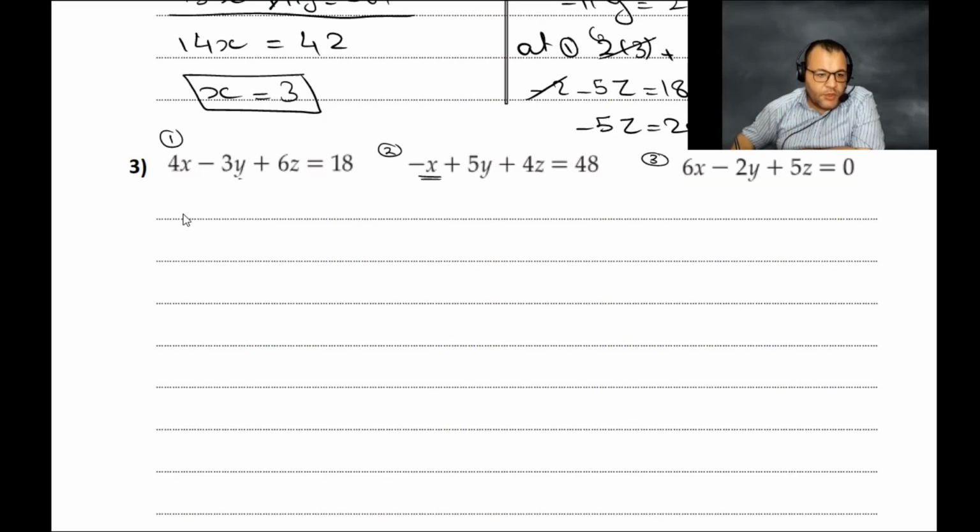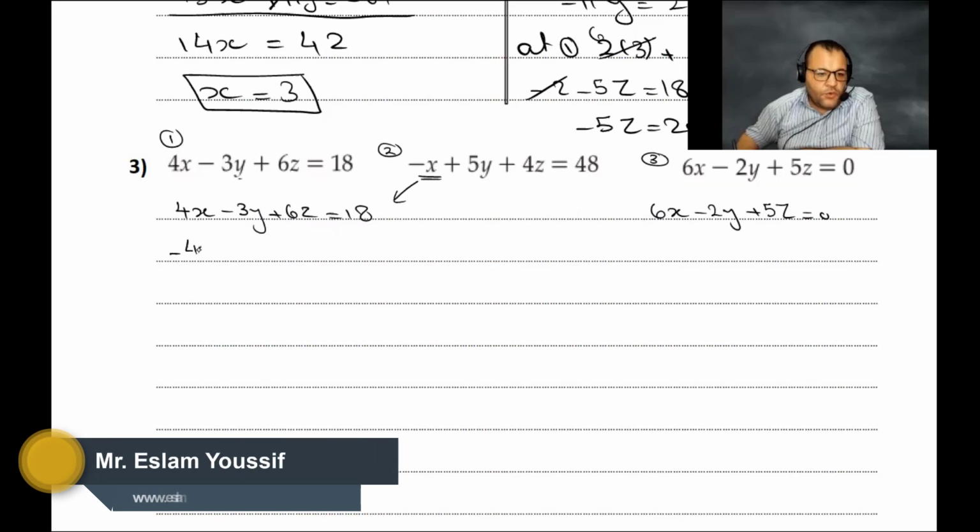So for the first one, I will write 4x minus 3y plus 6z equals 18 without any change. And here we'll write 6x minus 2y plus 5z equals 0. To remove x, I have to make it 4, so I will multiply the first one by 4. So it would be negative 4x